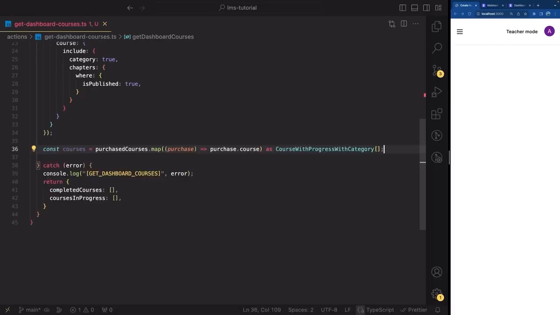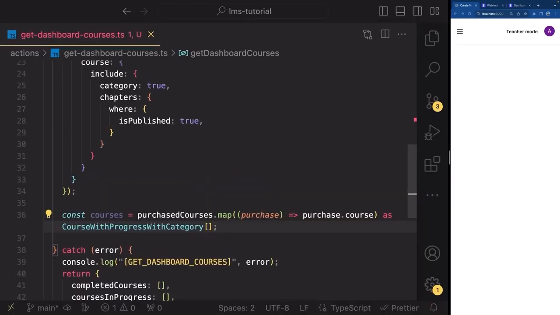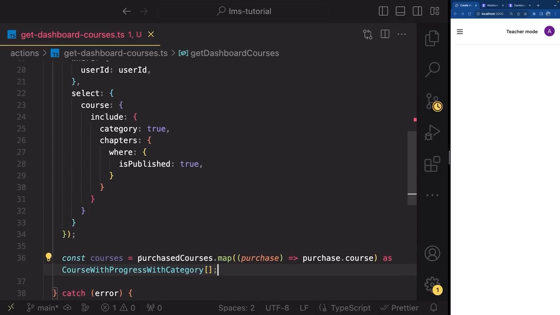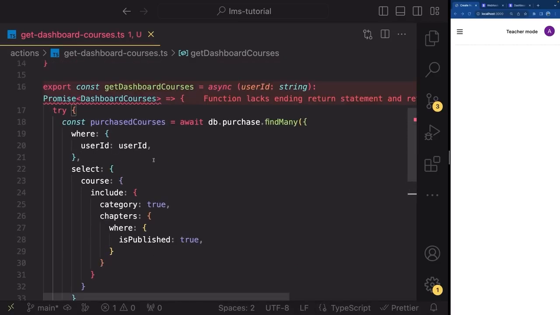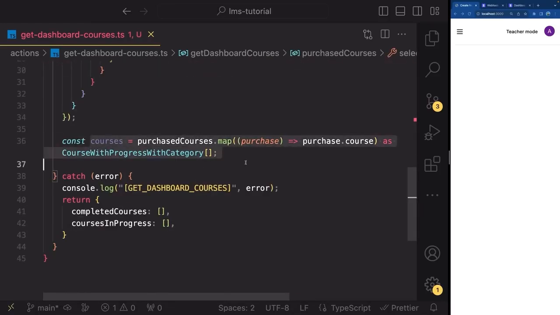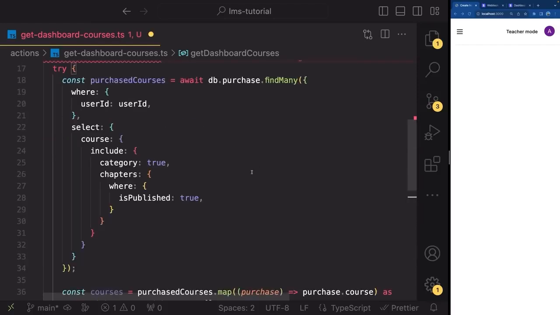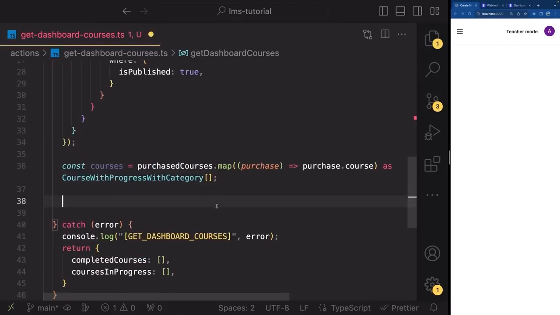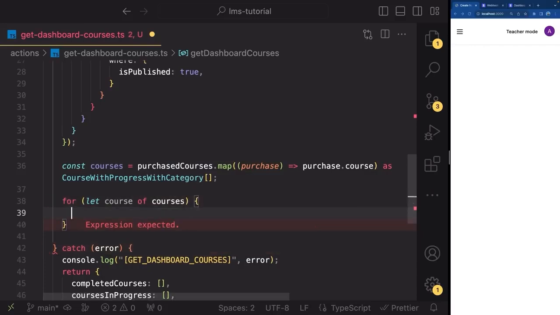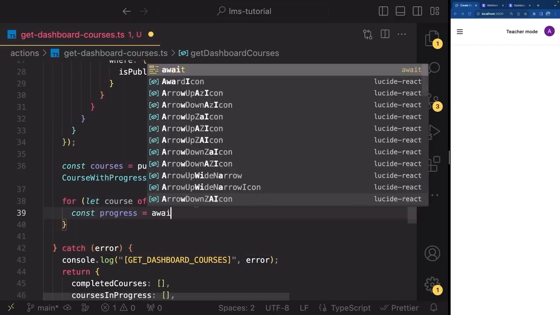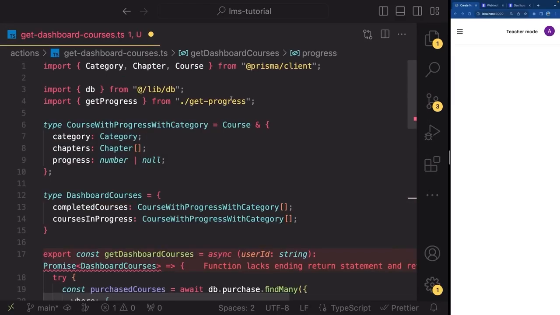So this is supposed to be in one line like this, right? So I'm just going to zoom in so you can see better. So basically, we're going to consider a course in progress the moment we purchase it, right? So we don't care if we completed 0%. The moment they are purchased, we're going to include them in our courses with progress. And now we're going to use some logic to separate courses which are 100% complete from those which have just been started. So let's write for let course of courses, const progress to be await getProgress from ./get-progress,